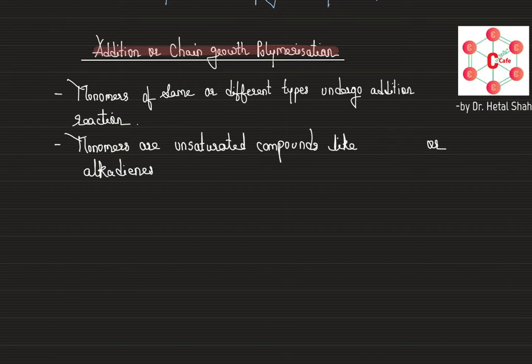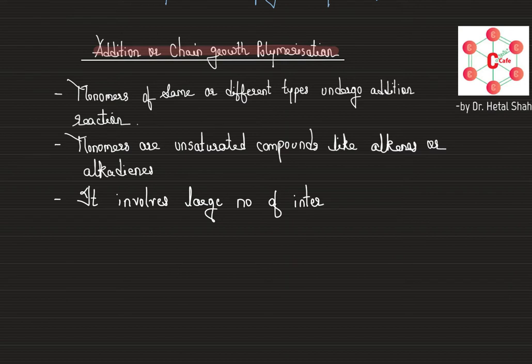or alkadienes. Alkadienes would be like alkenes with two double bonds, so basically dienes. Again, what is the speciality here? Here we find that the entire process of polymerization takes place in stages. This kind of reaction involves a large number of intermediate stages,